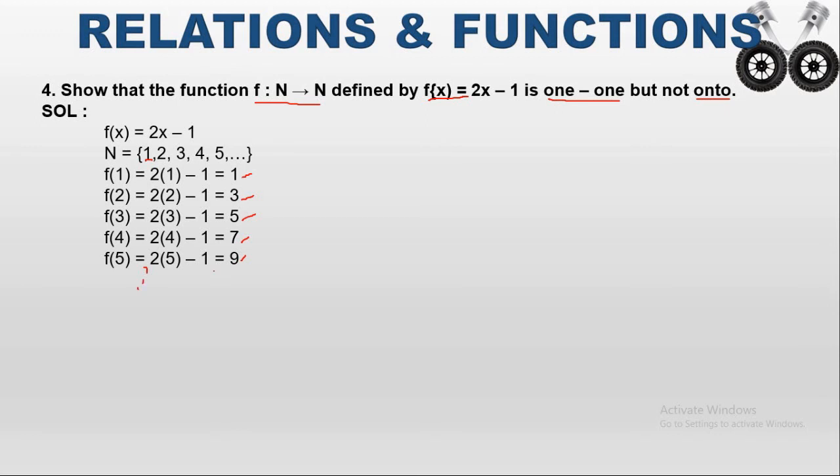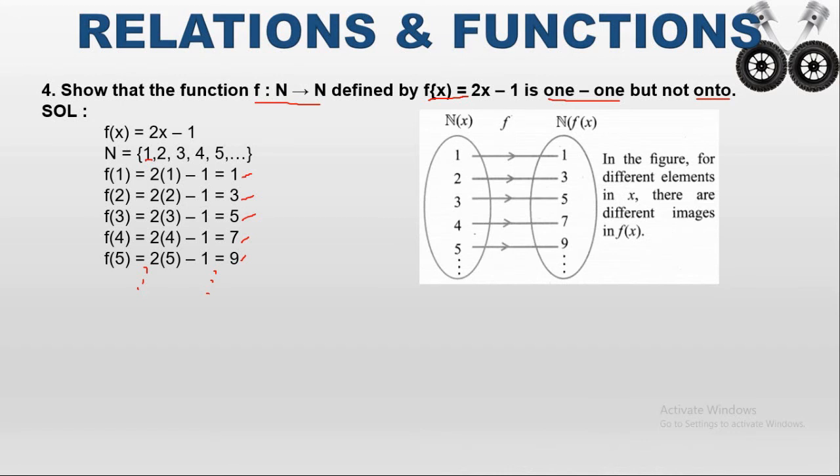So we will check for a few numbers. Then for these numbers we will draw the arrow diagram. The arrow diagram makes it very easy to identify whether it is 1 to 1 or onto. So I can use the arrow diagram. In this arrow diagram, what is the function? The function is mapped from N to N. So first I will write the set of natural numbers 1, 2, 3, 4, and another set of natural numbers that can be denoted as f of x. So what are the f of x values? If I substitute 1, it is mapped to 1. So f of x, that is 1.